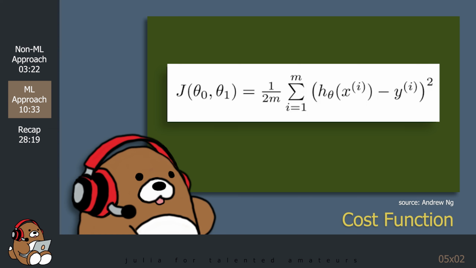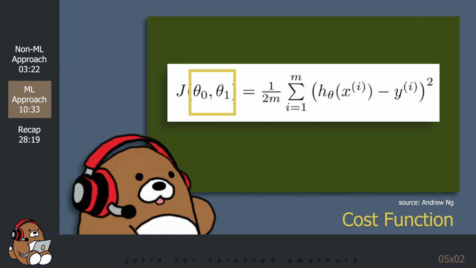For every value of x, this cost function will calculate the vertical distance between the predicted value of y versus the actual value of y, and then it will square that distance. The function will then calculate the average distance between the predicted values of y compared to the actual values of y, and then divide that by 2. Those of you with a math background may recognize this formula as the mean squared error. The only difference is that our cost function is divided by 2, which will make it slightly easier to deal with partial derivatives later.